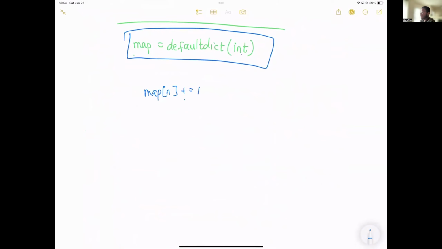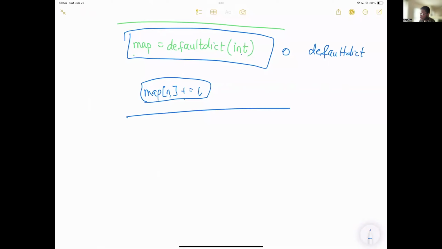The default value of integers is 0. So when you do this, if n is not in the map, it will initialize it to 0, then it will add the 1. That is just what happens. So this is something that comes in handy. The next thing I want to show you, so we've done default dict. We did this last year, but for those who don't know it, this is what default dict does. If you initialize a dictionary with default dict, just pass the type of the values inside.